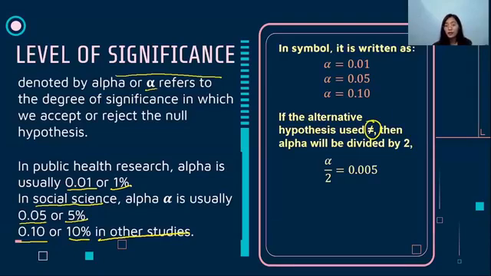And for an alpha equal to 0.05, alpha over 2 is equal to 0.025. And lastly, for an alpha equal to 0.10, our alpha over 2 is 0.05. So this has been discussed in our previous topic. All right. So using this level of significance, we can determine the critical region of our